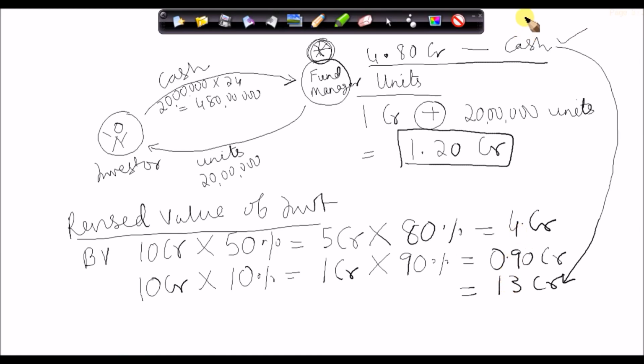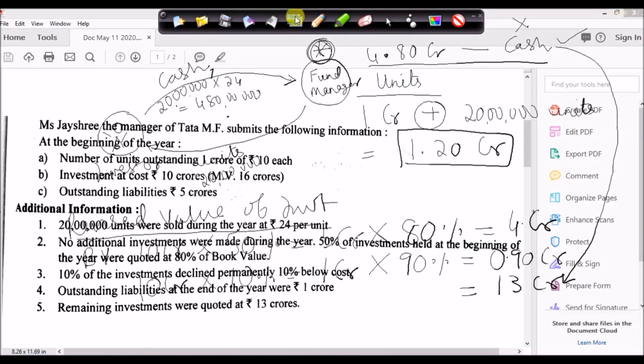So I will not be considering this cash balance. I am going by the author's opinion, that is Mumbai University, since the papers will be checked as per the solution provided by the university. So what I mean to say, friends, is that you can have an additional asset which is cash balance of 4.80 crores, and you can give a note that 4.80 crores is not included in this remaining value of investment, or as per the solution of the textbook, we are going to assume the same, that this cash balance of 4.80 crores is included in this value of 13 crores. So I hope I have made myself clear.